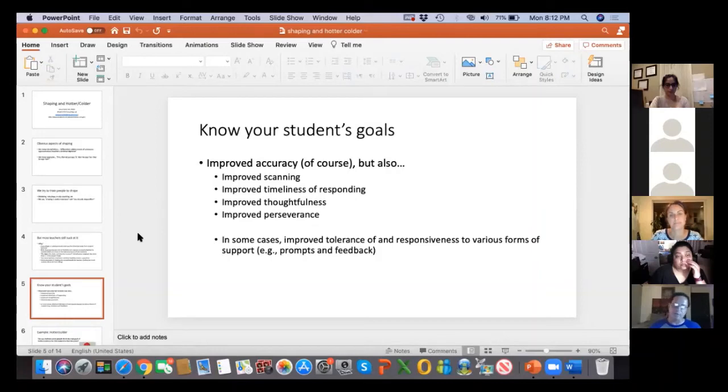In that time in between, you're weakening the potential connection between the target SD and the response. The longer it takes, the more we weaken that. The longer it takes, the more the chance is that some teachers are going to prompt or redirect, remind, fight for the attention, bribe, coerce. There's a lot of other things that can happen in that time. And sometimes we really just want to get a student responding more quickly in general.